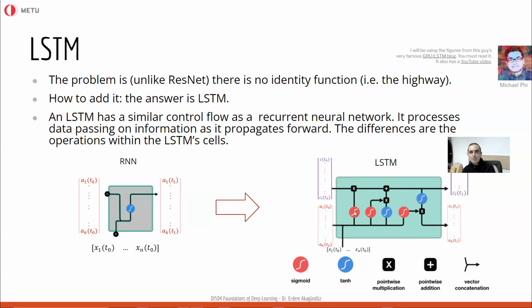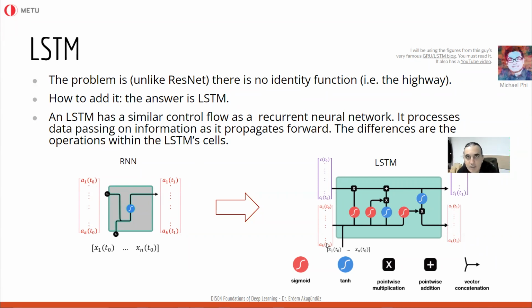So this is an LSTM. If this is an RNN, where X is the input, H is the hidden state, where this is the concatenation of two vectors, this is the tanh function, and this is the output. If we could put it this way, graphically, this is what an LSTM would look like. This is the LSTM. In LSTM, the difference is, let me show you. We have two types of hidden states. You see there is a hidden state vector called A here, or in Michael Fee's figures, it's called H. Doesn't matter. In LSTM, you have two separate types of hidden states.